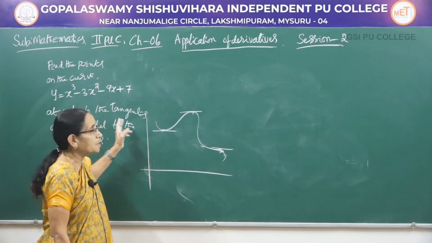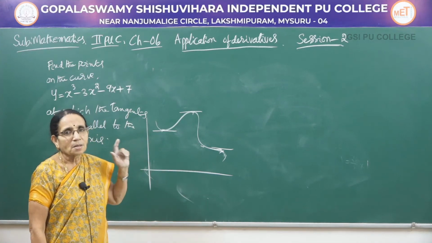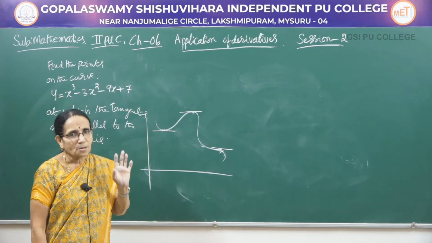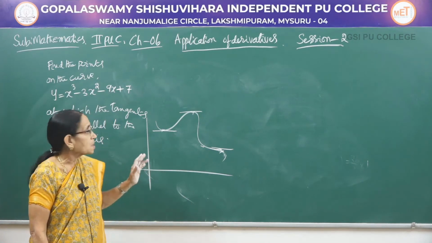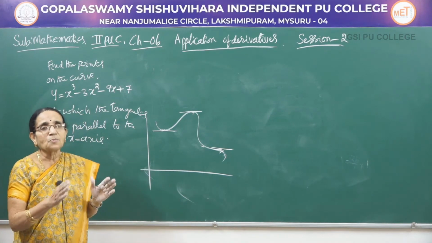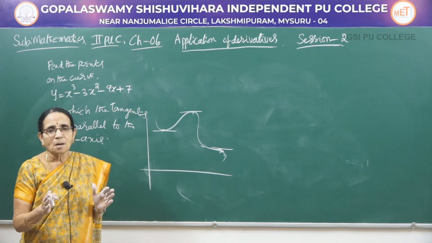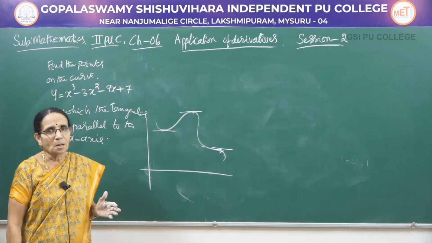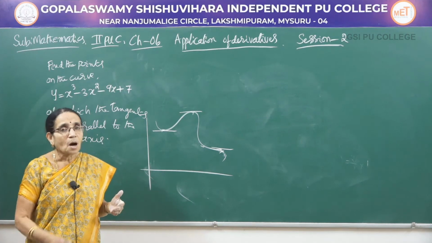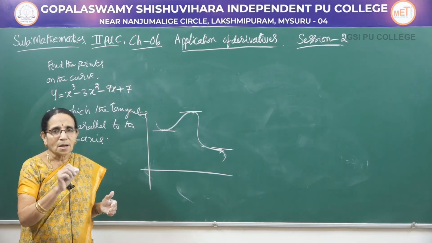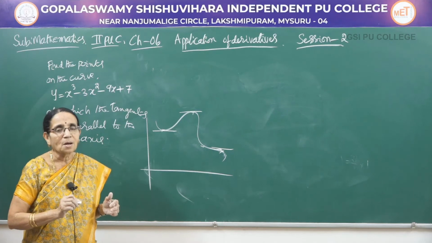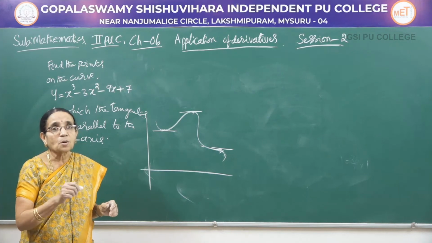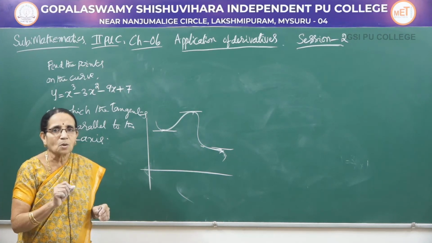Now it is given that the tangents are parallel to the x-axis. That means at these points dy by dx would be equal to 0. So that is not directly given. That is why in that note: if dy by dx is 0, tangents are parallel. Conversely, if the tangents are parallel, dy by dx equal to 0. Both ways you can use the result here. Suppose you get dy by dx equal to 0. How do you write the conclusion? Therefore, the tangent is parallel to the x-axis. But here it is given that the tangent is parallel to the x-axis. So what can you take? You can take dy by dx to be equal to 0.